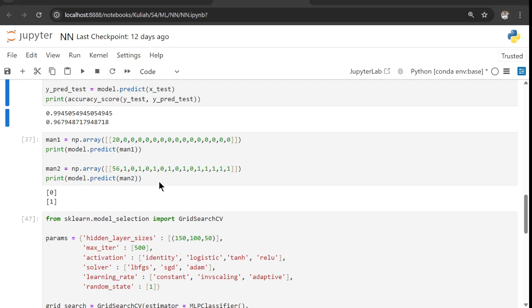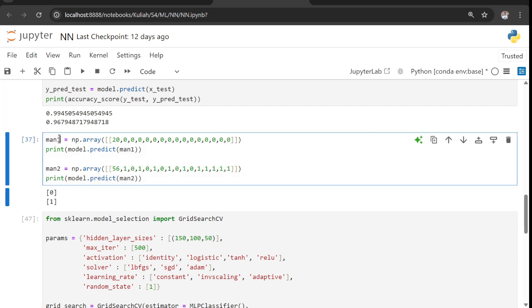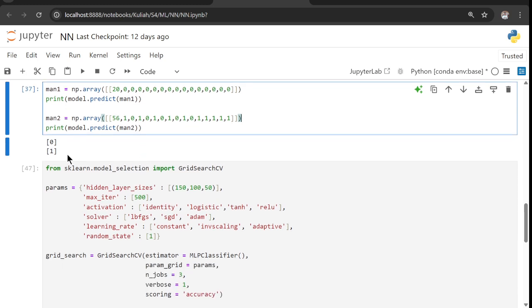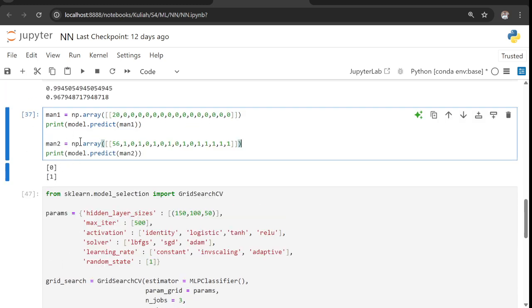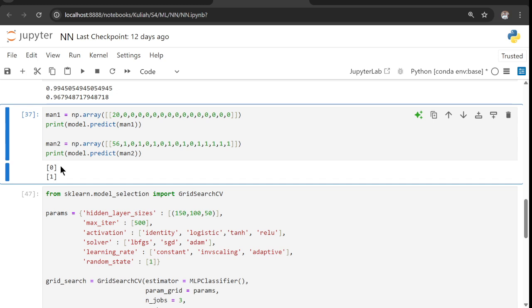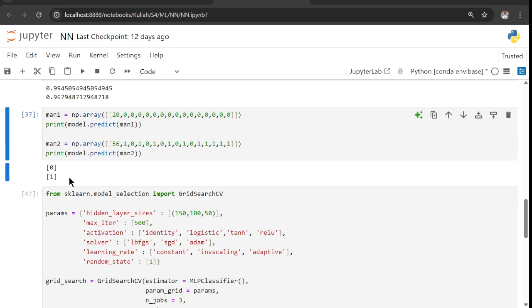After that, I test the model with two custom samples to see if it can predict diabetes. So we predict on new data. As example number one, with all the 16 columns, and data number two, all the 16 columns with different values from each other. The output is right here. The first data will not have diabetes, and the second example will have diabetes.